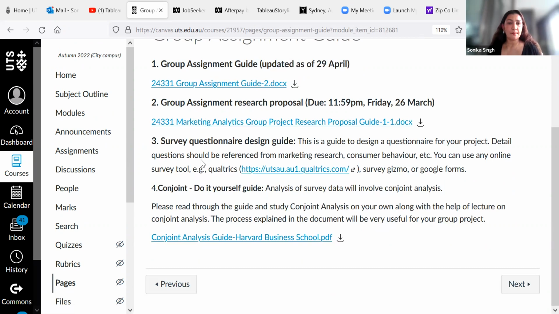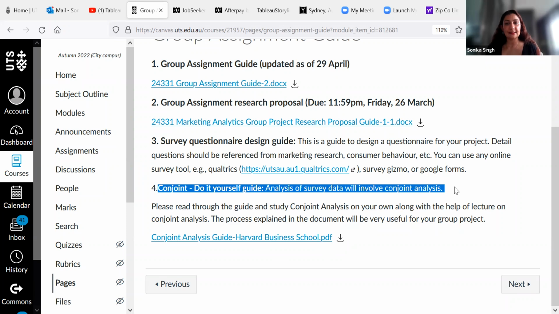Once you have launched the survey, when you type the survey in Qualtrics, it gives you a link that you can distribute to different people to fill out the survey. It can be through your social media or whatever channel you want to use. You have complete freedom over there. And once your data comes in, it will come directly into Qualtrics. It's very easy to pull that data out as an Excel file, and then you can do your conjoint analysis, which will be the next step. So not to overwhelm you more with information, as long as this part is clear, I'm going